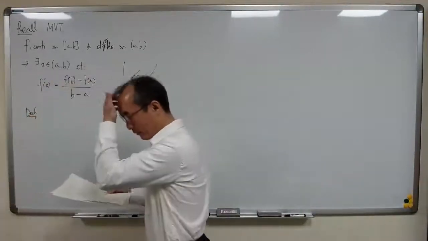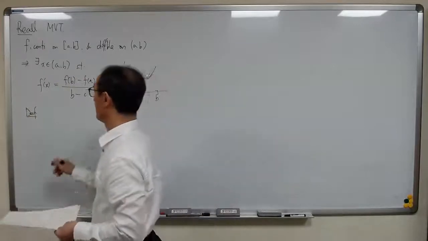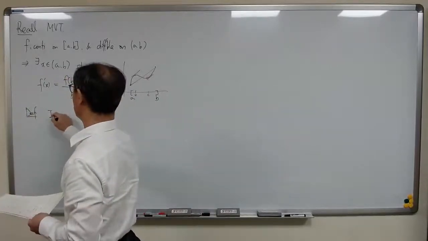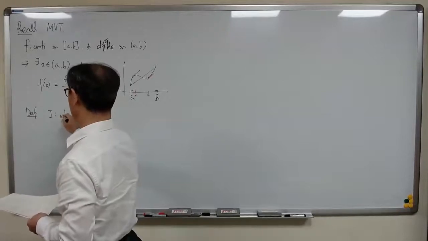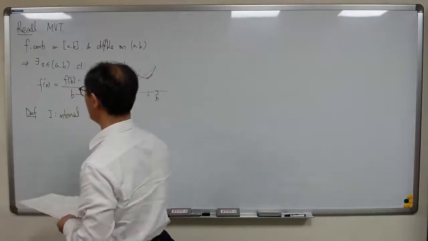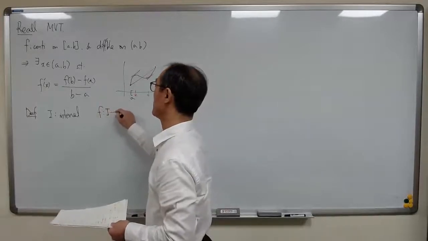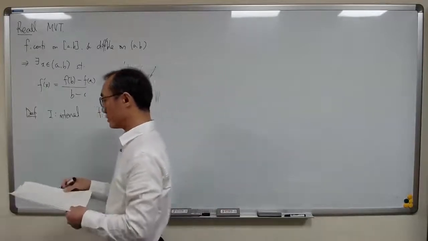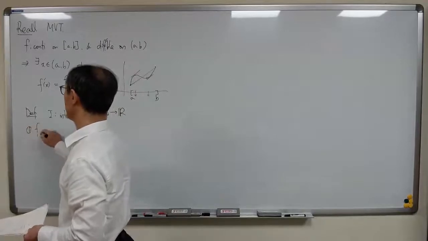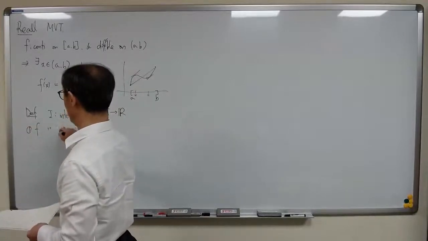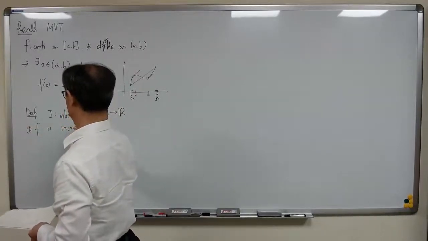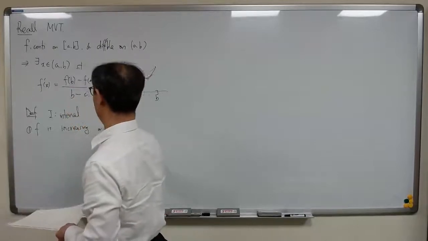Let me first define a few terminologies. The monotonicity of the function. Let's say we have a domain of definition, which is the interval I, and function f is a real valued function defined on this interval. We're going to say this function is increasing on the interval